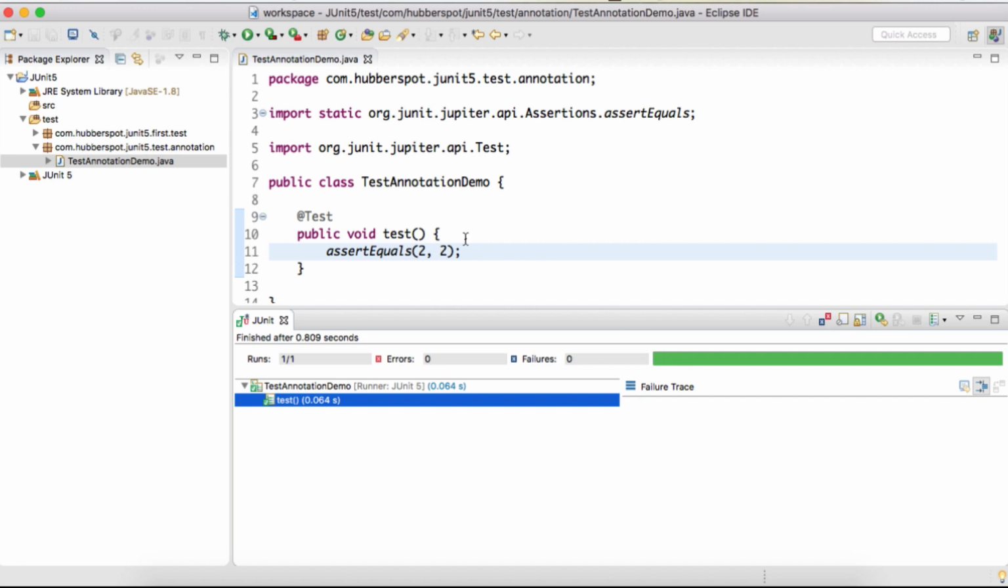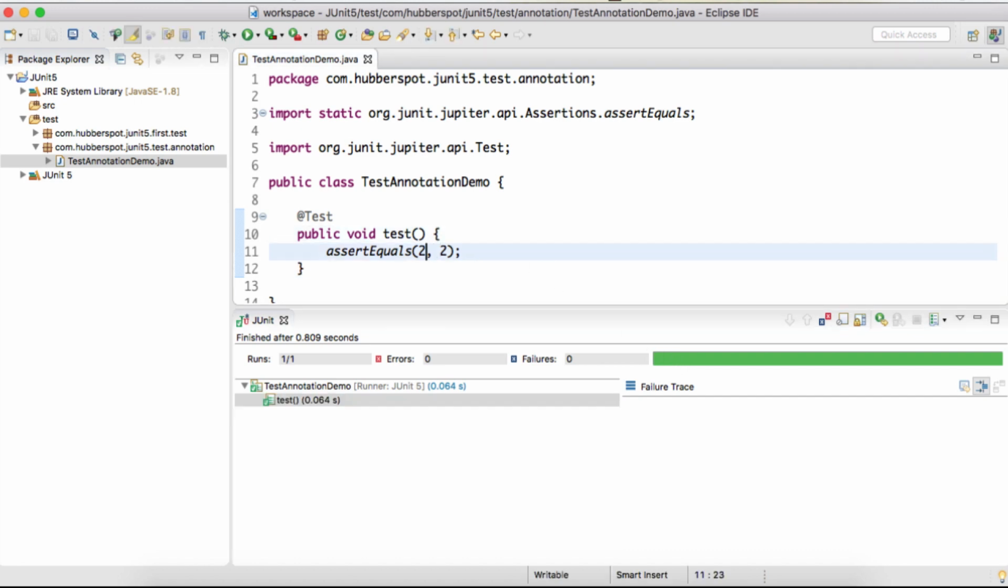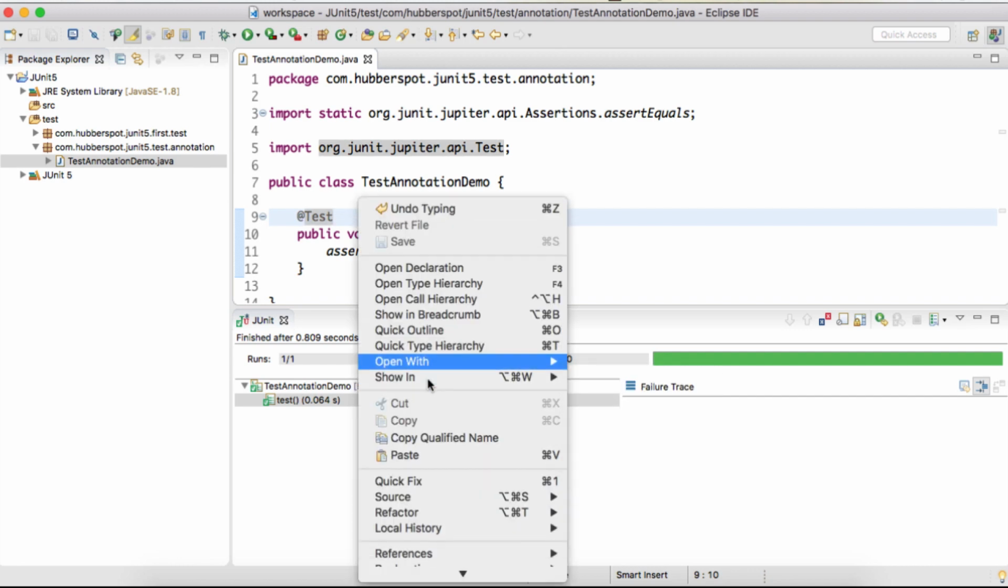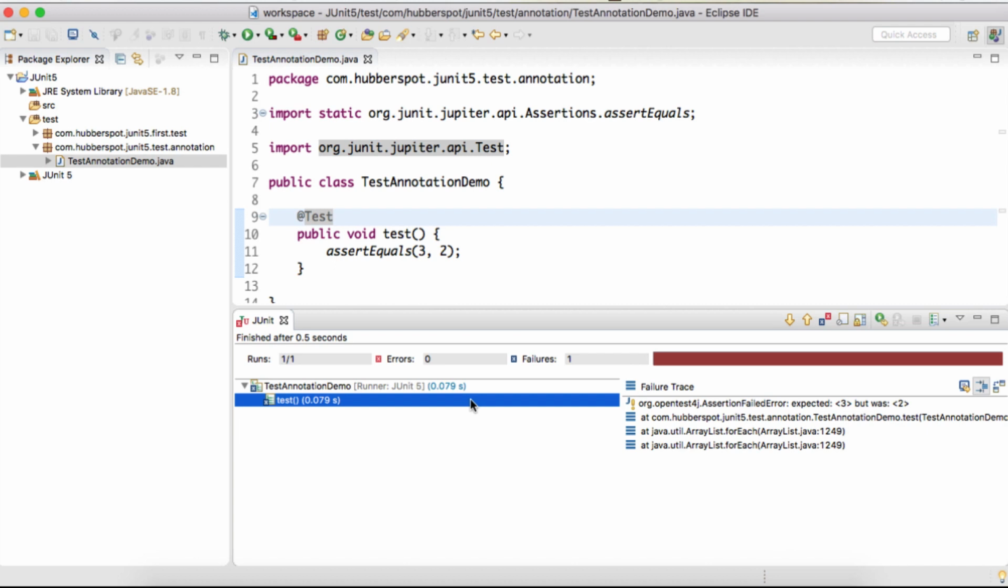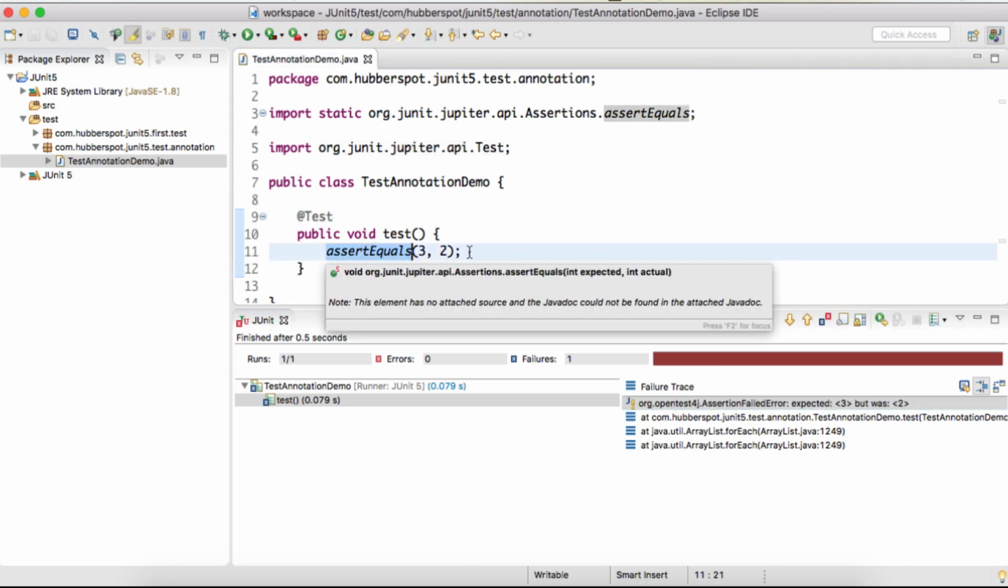Now let's say I make the expected value 3, and we know that 3 is not equal to 2, and if I run the test case again, you see the test case failed, and here in the failure trace it gave the assertion failed error saying that expected was 3 but was 2. Here it presented a red bar which signifies that the test case failed. We will discuss more about assertEquals in our upcoming lectures,